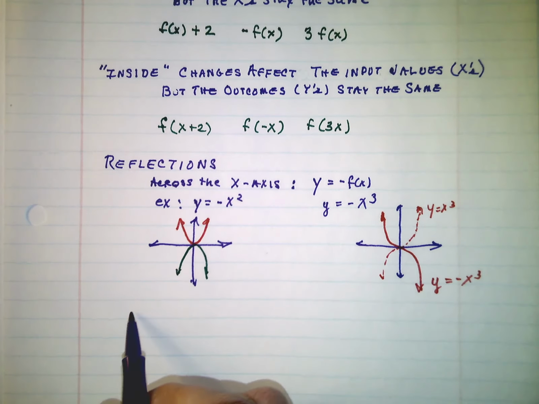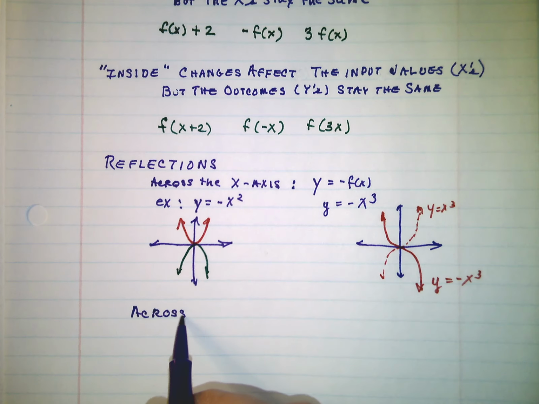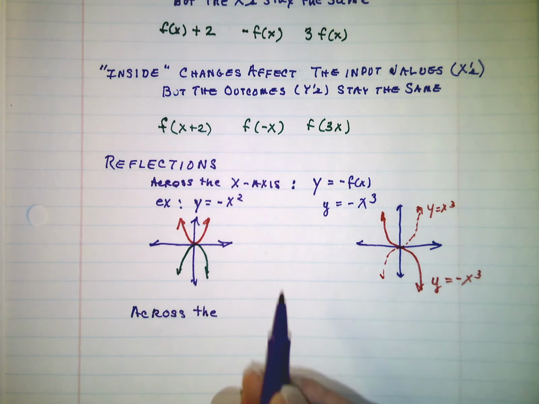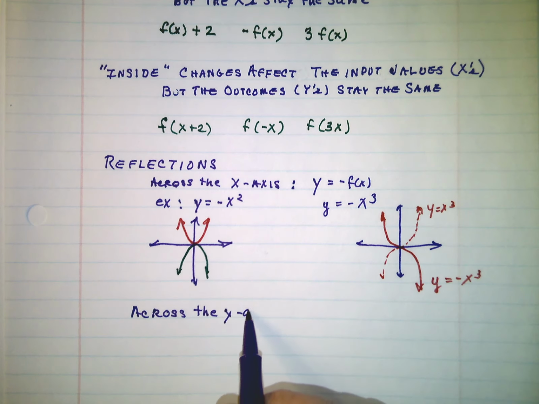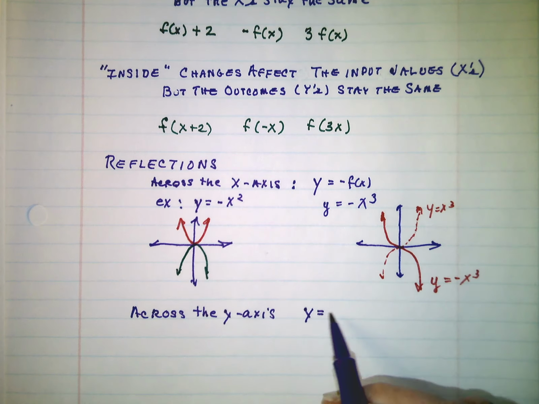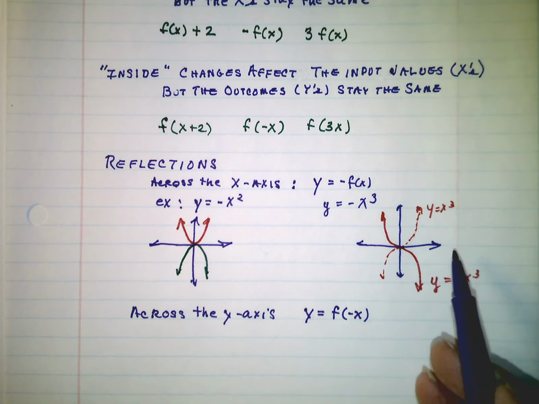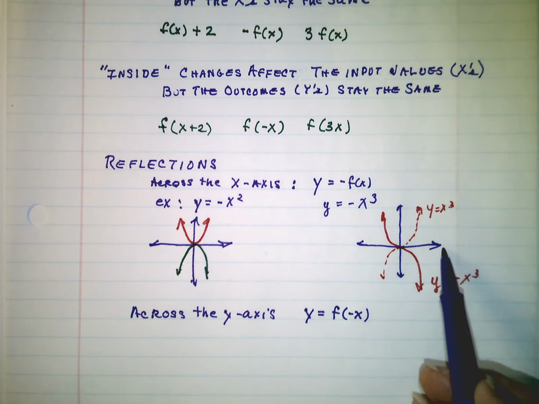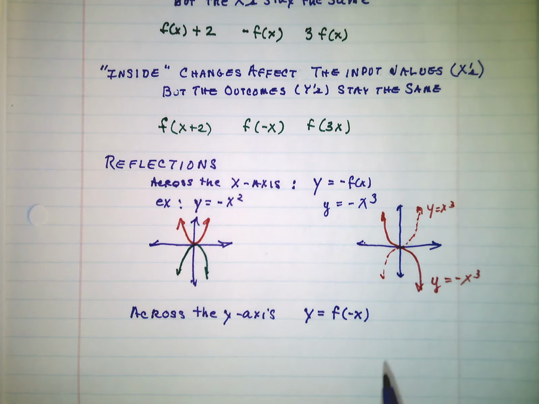We also have reflections across the y-axis, which means we're going to be flipping the things sideways. And that's going to be y equals f of negative x. Because if we're flipping sideways, what used to be a positive x is going to become a negative x. Negative x's are going to become positive x's. So how about